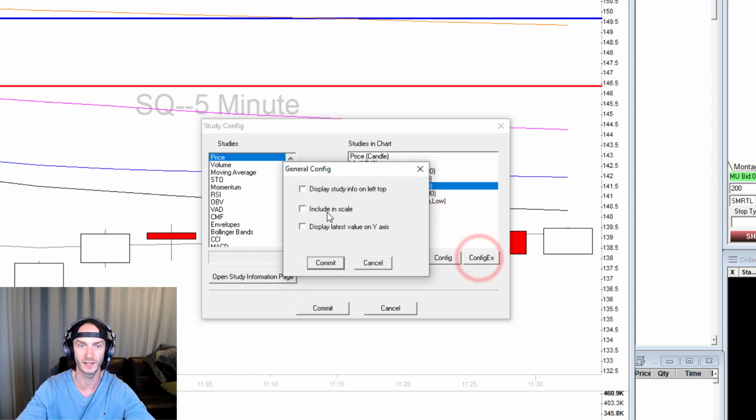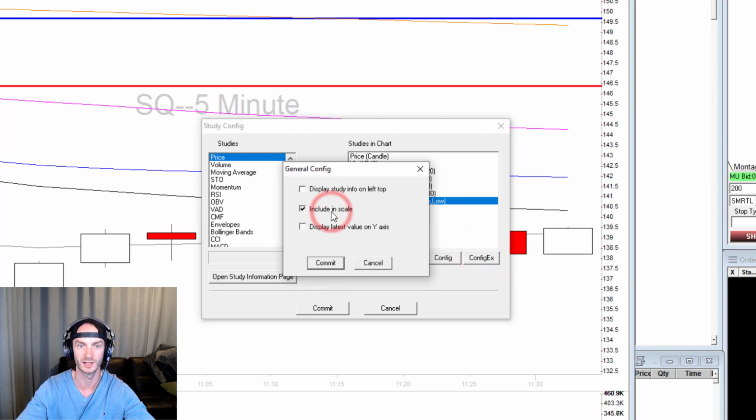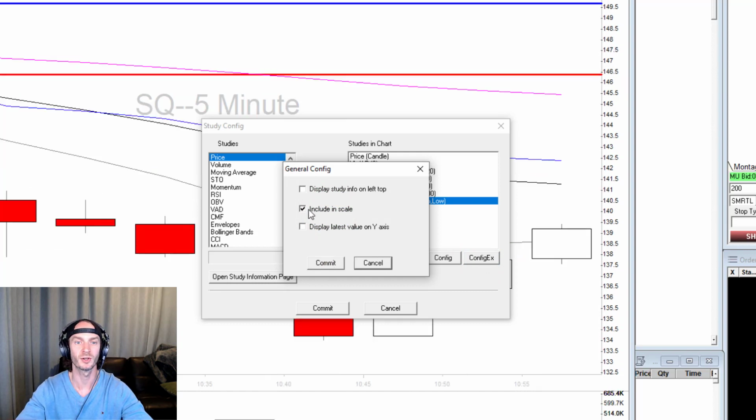I'll do it for the 50. It's not clicked, perfect. Let's do it for the price marker, click Config X, that's included in scale. So that's forcing it to show this red and blue line, which are yesterday's close and open. So make sure you unselect this, click Commit,